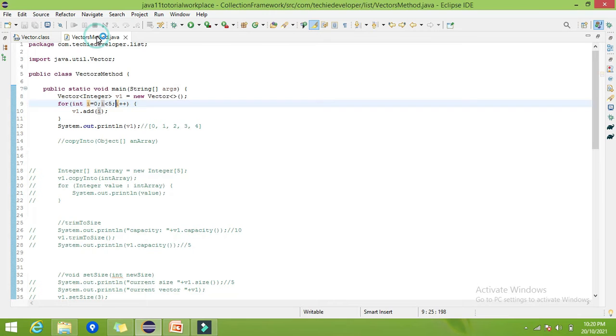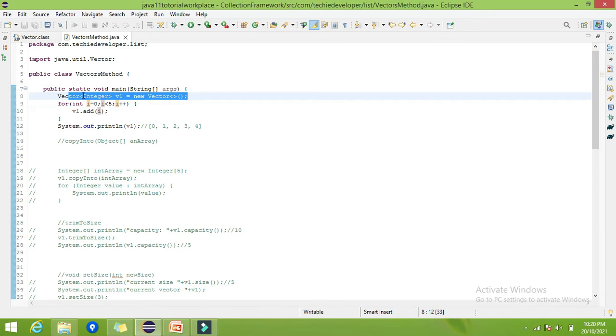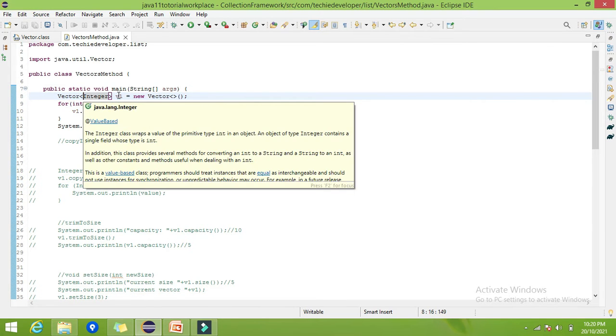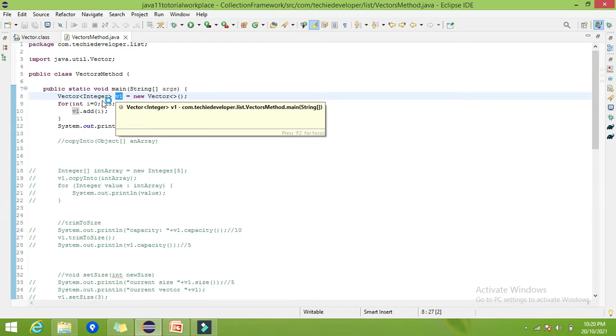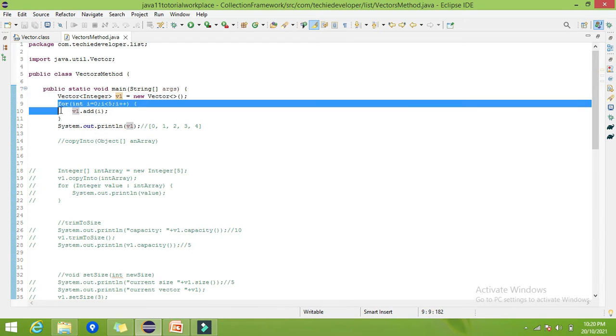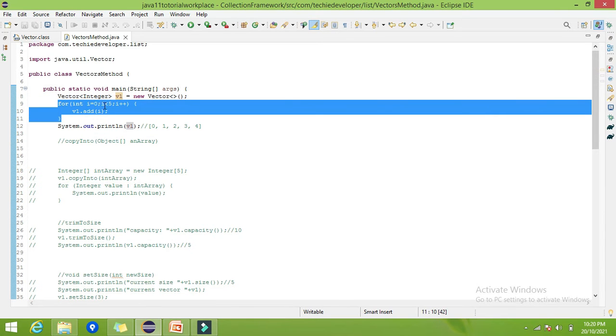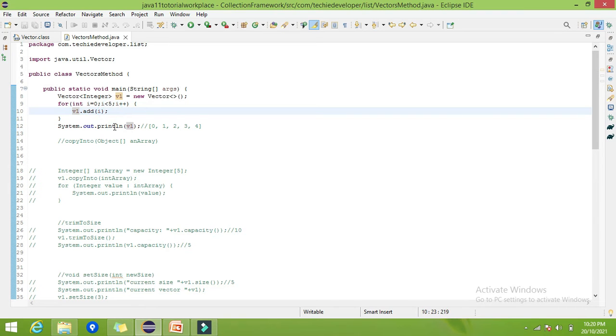Here I have created one class called VectorsMethod, and in that I have created one vector by using the default constructor. It is a vector of integer type, and I have given the name v1. After that I have added 5 elements from 0 to 4, then I have printed this vector.